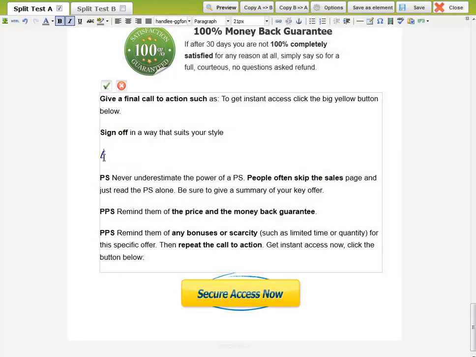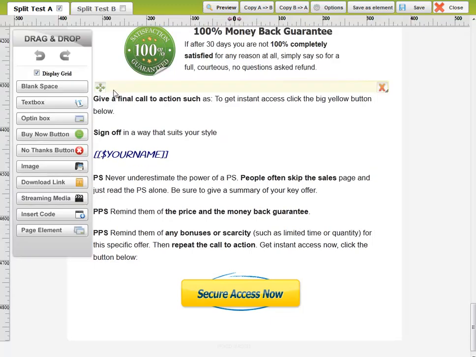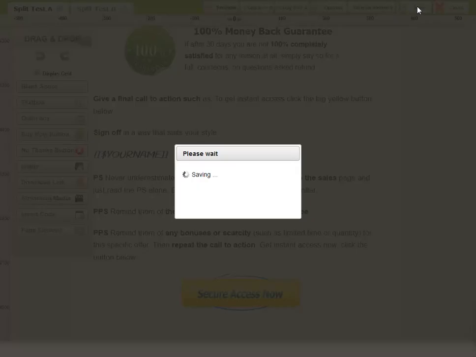So again, I'm just going to use the same tag because I want it to be the same. I only want people to enter their name once and then use that same name throughout the system. So again, just save that